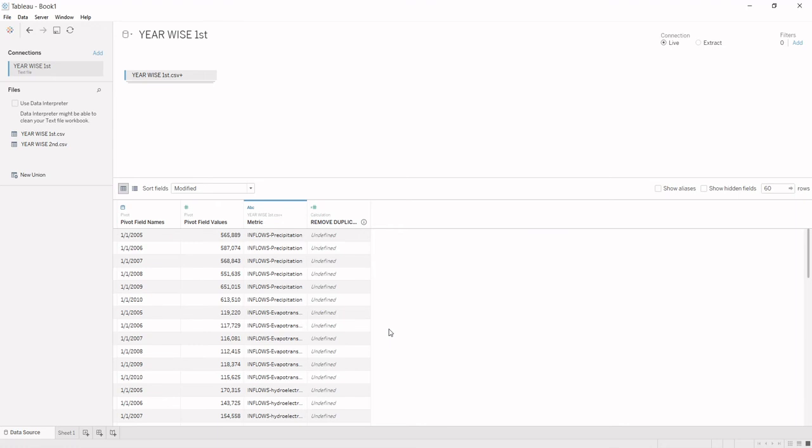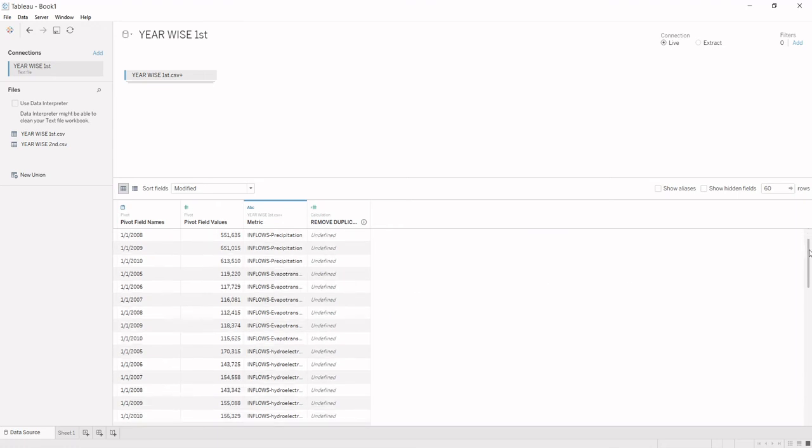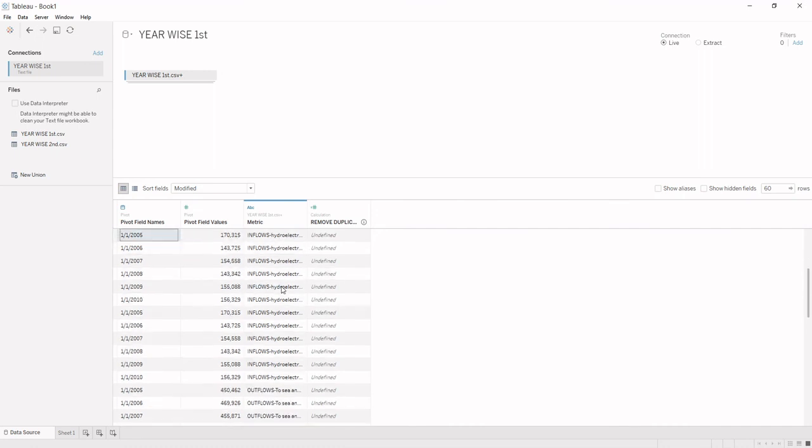So coming back to the data source, I can show you that when we go to the hydroelectricity option, you can see that the inflows hydroelectricity for 2006 should be repeated twice. One value is here, which I am highlighting, 2006, 147725 hydroelectricity, and the other row that is identical to it is this. So these two rows are identical.